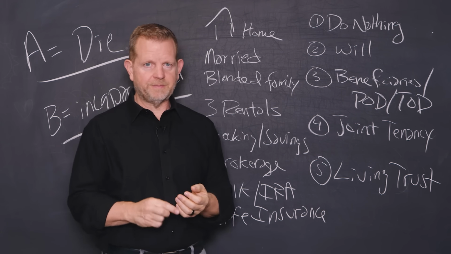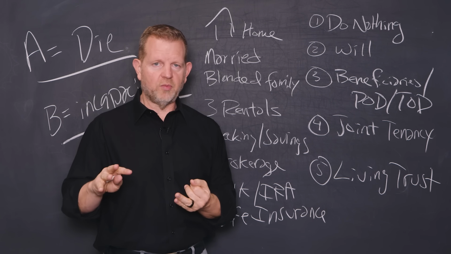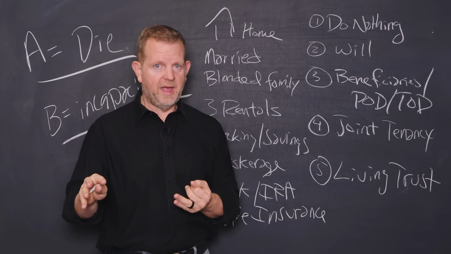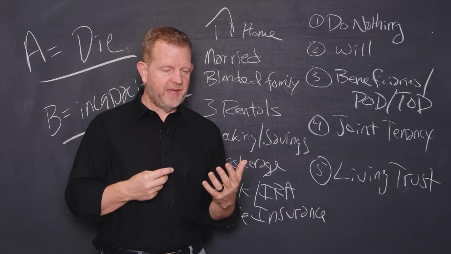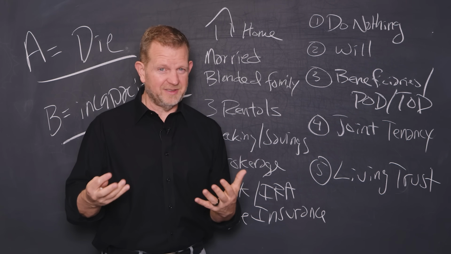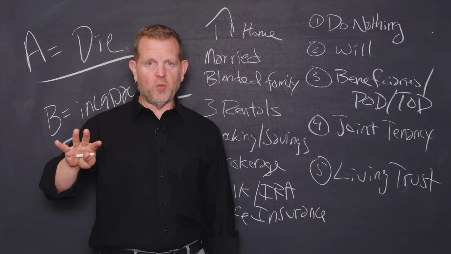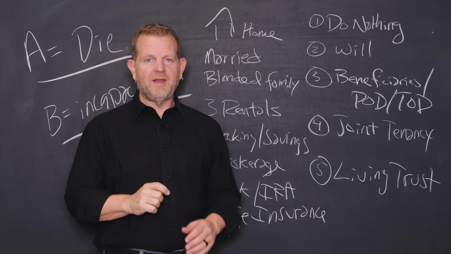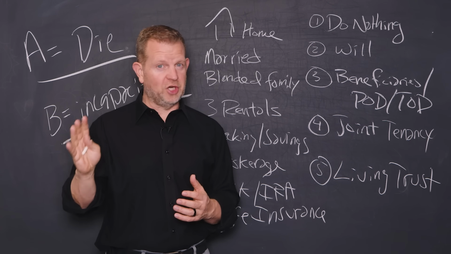Beneficiaries are great, by the way, for retirement plans and life insurance. Generally, we're going to keep those out of the living trust for that exact reason. And paid on death and transfer on death can work, but they come with other issues. So remember gasoline and a match, you're force-feeding somebody something, and it may not be what you actually want, because I've got one child, boom. Everybody else I might have just hosed, so I may not want to go that route.